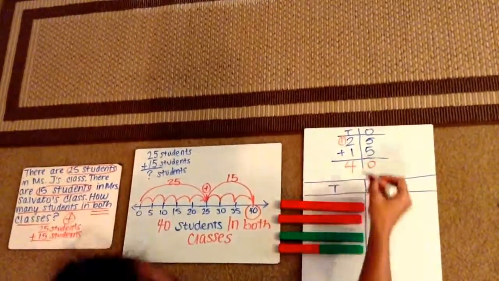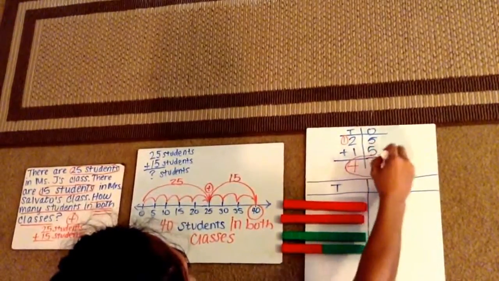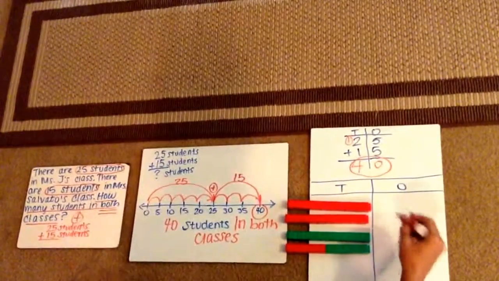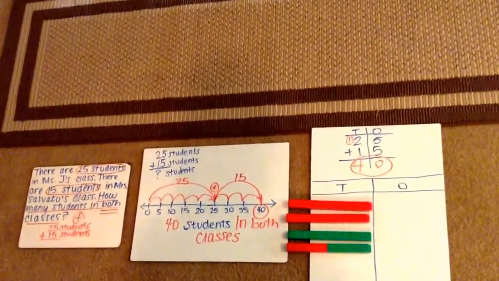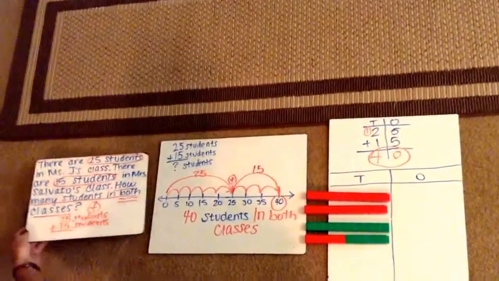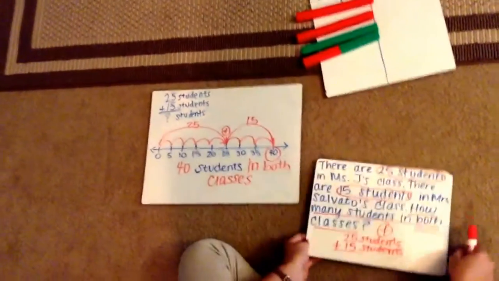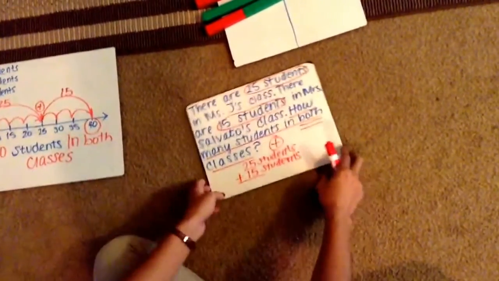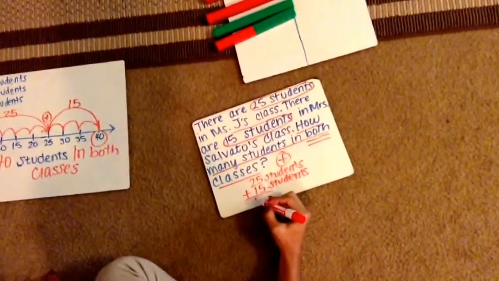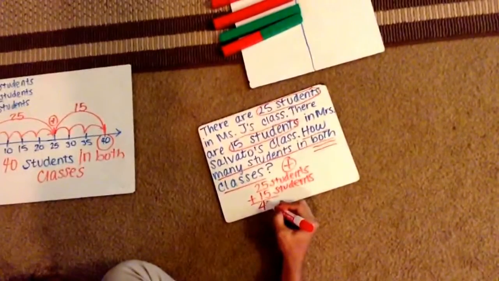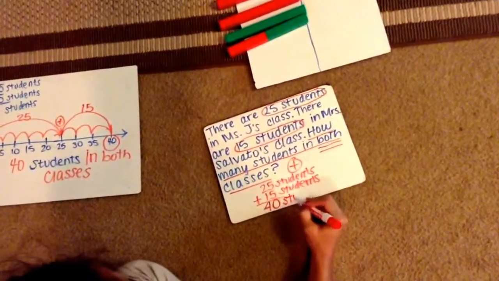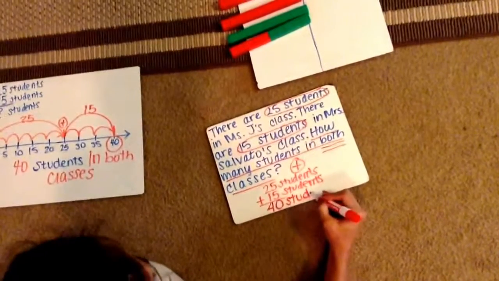So now that we've found our total number, 40, because 4 longs and 0 units is equal to the quantity of 40, we have to go back to our problem and answer with the number 40 and our unit. 40 what? Students